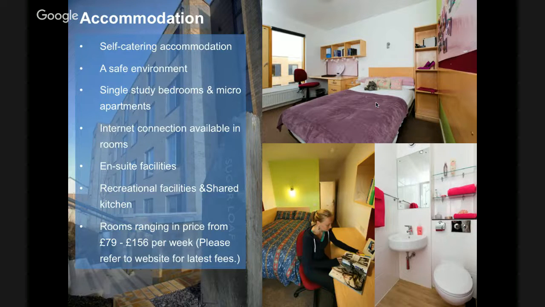Okay, so on your screen in front of you now, you have accommodation, and this is the university's on-campus accommodation. This gives you a good idea about what you can expect. The accommodation is self-catered, and as you can see in the picture, you'll have your own bedroom. All the accommodation is en suite, so you'll have your own bathroom with a shower, toilet and a basin. Then you would share your living room and kitchen with about 5 or 6 other students. So it's nice because you get your own space and you're able to socialise with other students too.